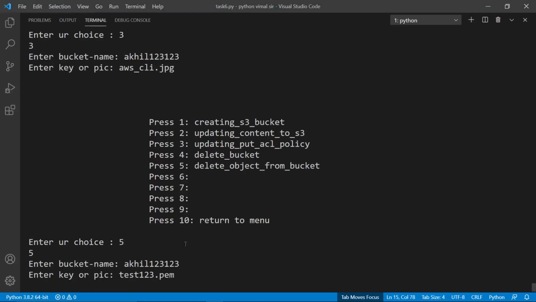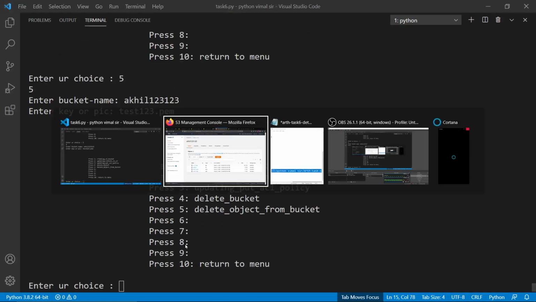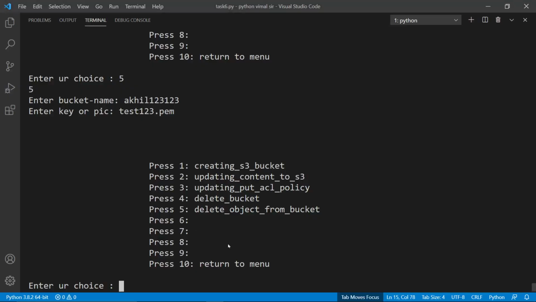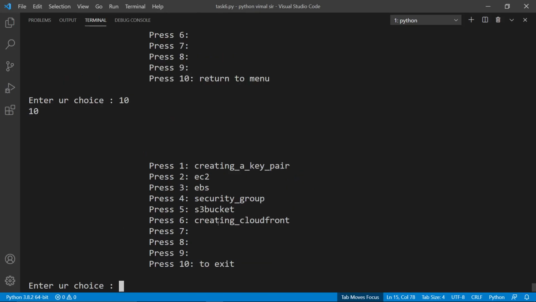This file has been deleted. We can verify, so it has been deleted. We can delete other things also, but right now we will be creating a CloudFront. So we are returning to the menu.